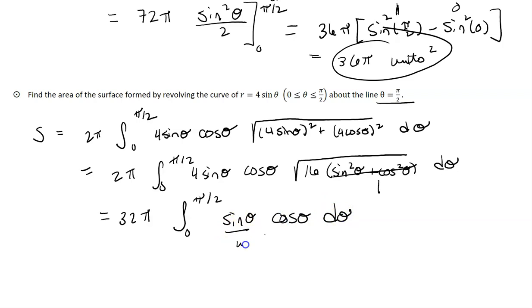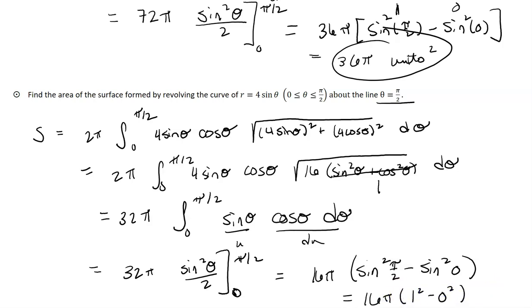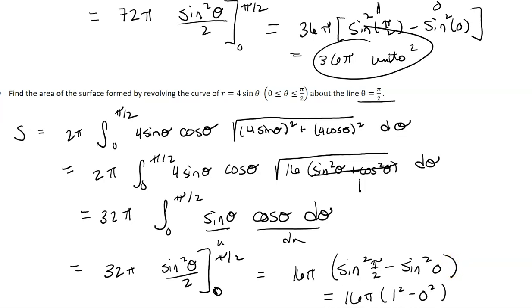And this is again our u, and this is our du, so we have 32 pi times sine squared of theta over 2 from 0 to pi over 2. So I end up with 16 pi times sine squared of pi over 2 minus sine squared of 0. So this is 16 pi times 1 squared minus 0 squared, or 16 pi